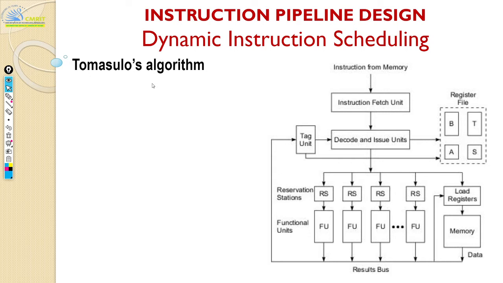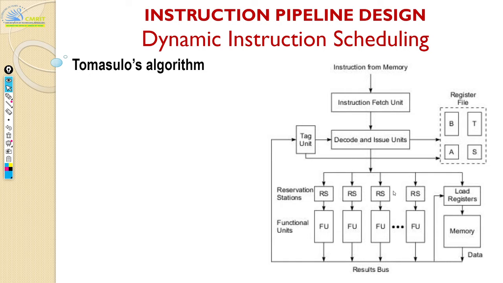Again I'm saying, even from an exam point of view, this is a very important algorithm. This is a very important topic, both Tomasulo's algorithm as well as scoreboarding. Please go through this. It's actually very simple. I think you remember this figure from the previous lecture, right? We saw about reservation station and tagging unit. So what is the idea here?